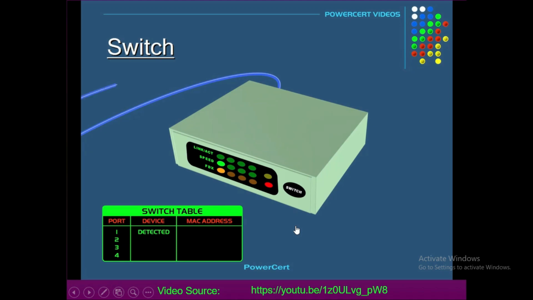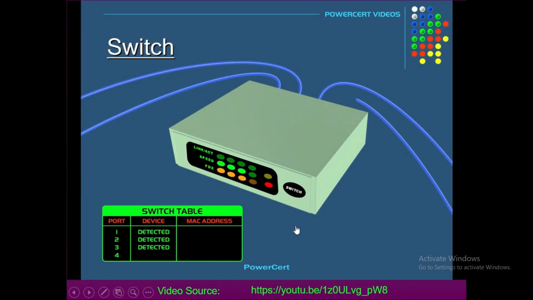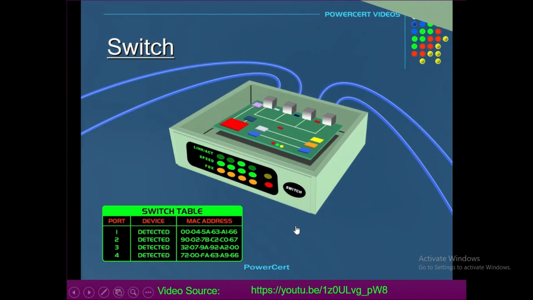Now, a switch is very similar to a hub. It's also a device that has multiple ports that accepts Ethernet connections from network devices. But unlike a hub, a switch is intelligent. A switch can actually learn the physical addresses of the devices that are connected to it, and it stores these physical addresses, called MAC addresses, in its table. So when a data packet is sent to a switch, it's only directed to the intended destination port, unlike a hub, where a hub would just rebroadcast the data to every port.